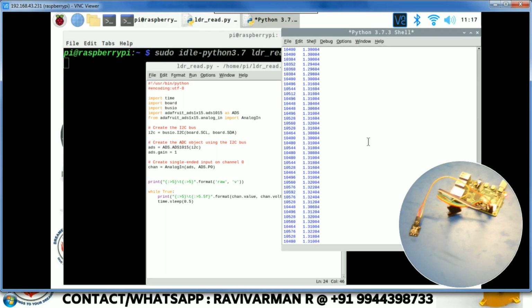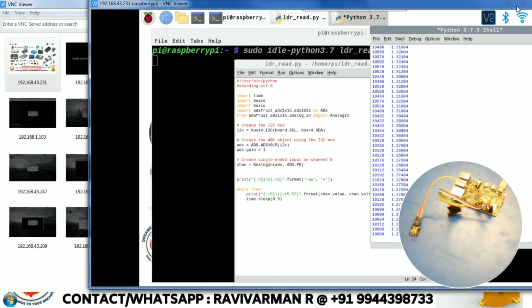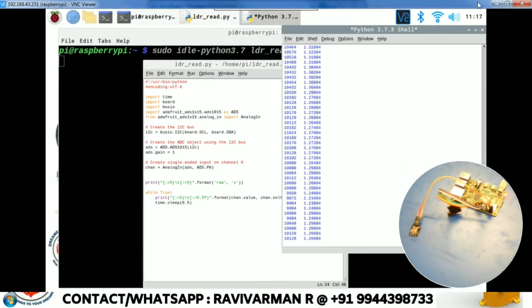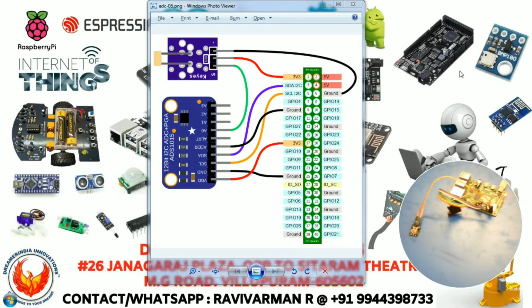So we can give some conditions. I'm just going to connect some LEDs to the circuit. We need the pin connections for that. I'm just checking the pin.